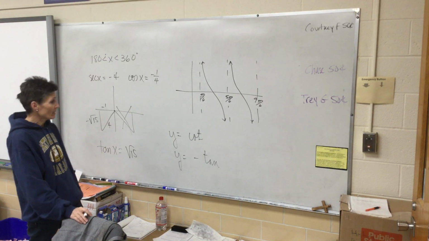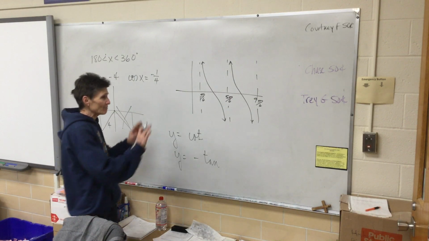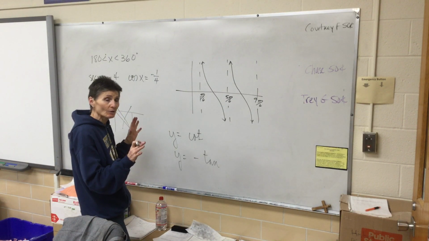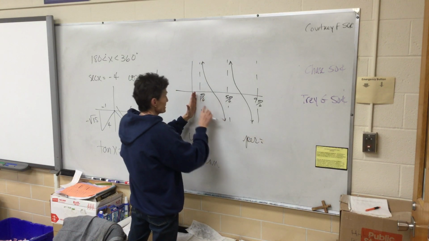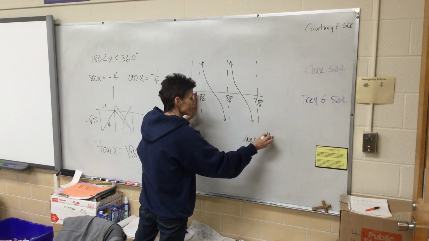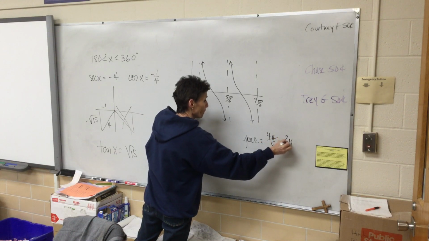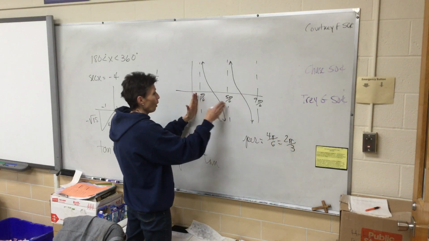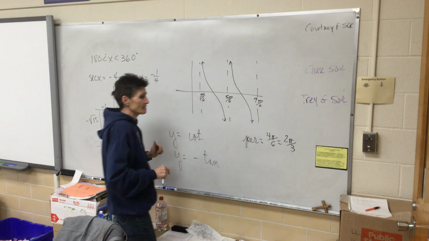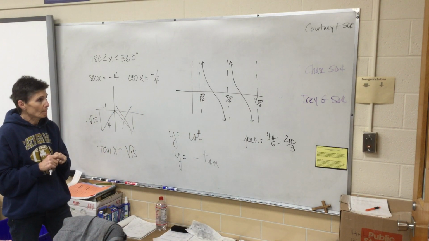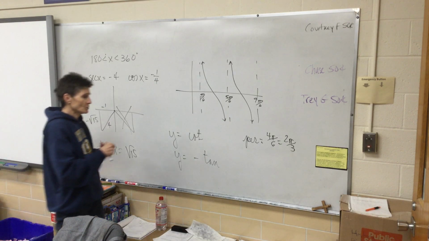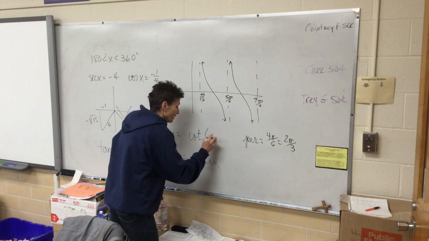Okay, so here we go. I really got more than I need here. This would be a period. So a period appears to be 4 pi over 6 or 2 pi over 3. So it looks like 1 period is 2 pi over 3 for this particular function. It also looks like we have a phase shift